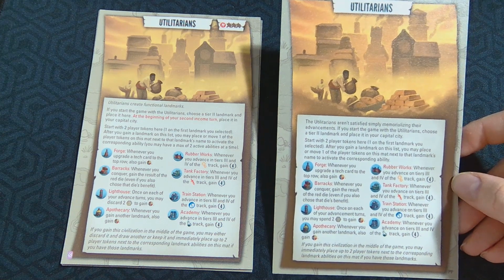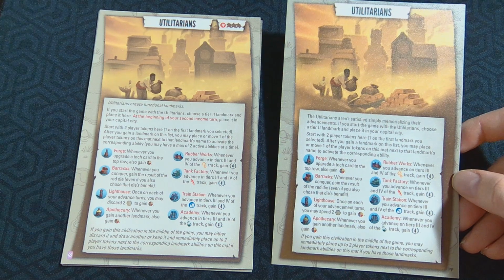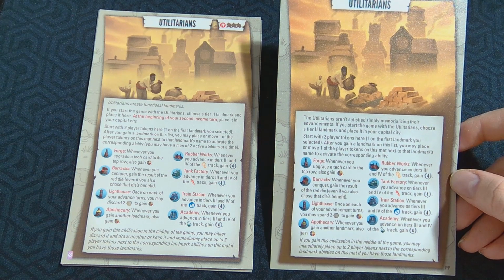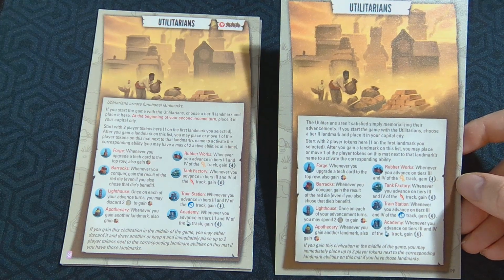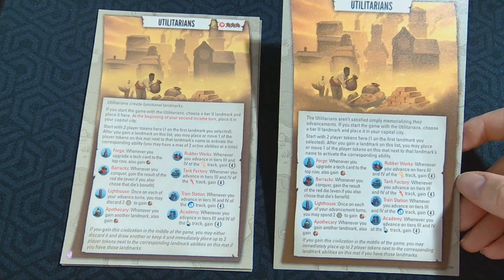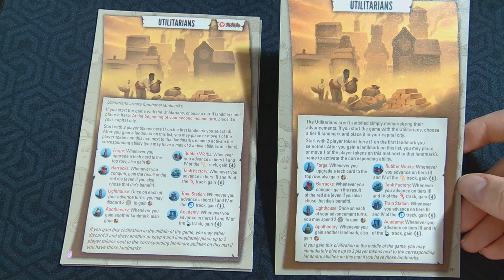It looks like all these benefits are the same. The big change was that you have to wait a bit to place that free landmark into your capital city. Also, just to note that if you gain this in the middle of the game, you don't have to keep it. You may choose to discard it and draw another, but if you do keep it, you can place 2 player tokens next to corresponding landmarks if you have them. So that's kind of neat, actually. You don't have to keep it, but if you do, there are still bonuses. It is a 3 complexity from Plans and Ploys, and that's the last main one we're going over,